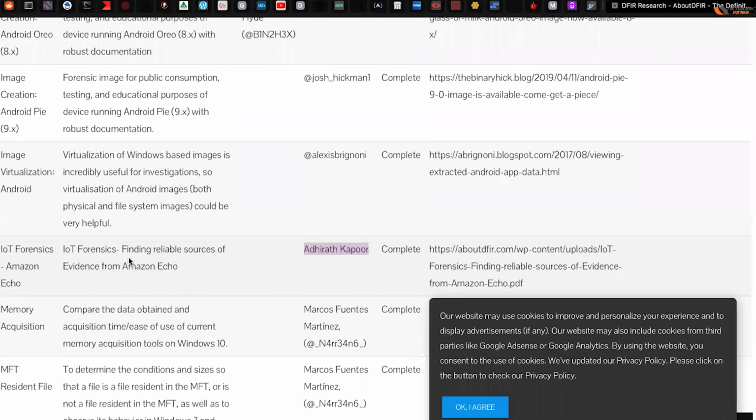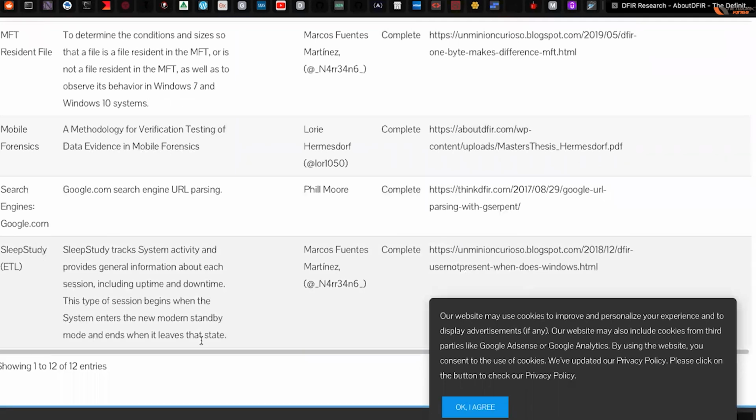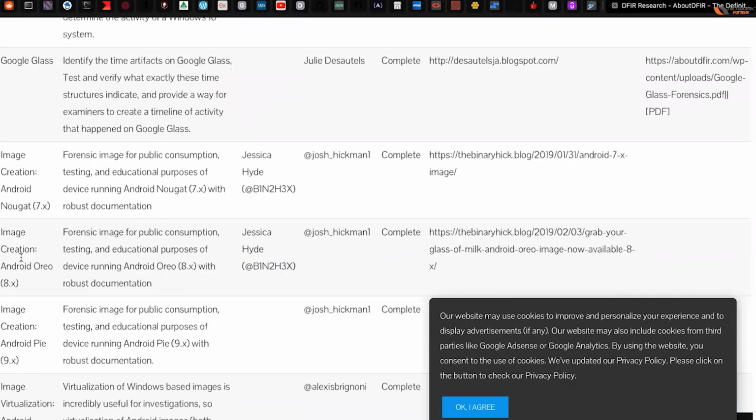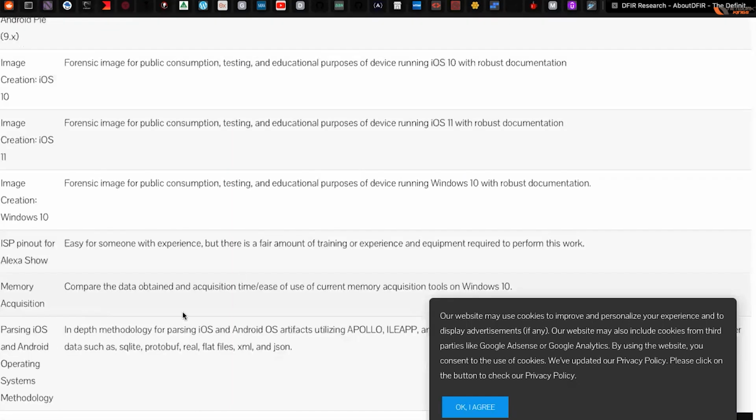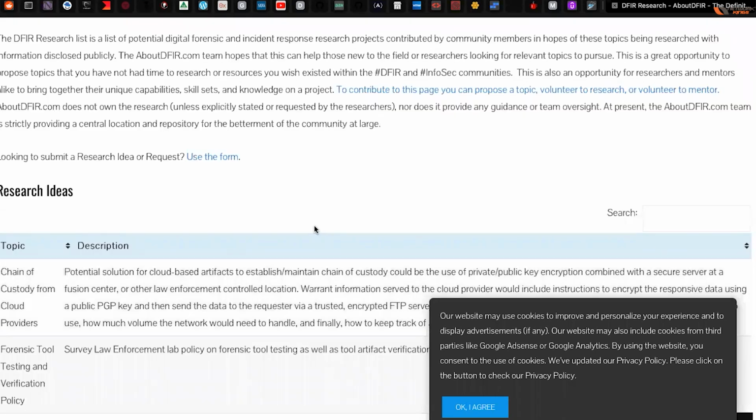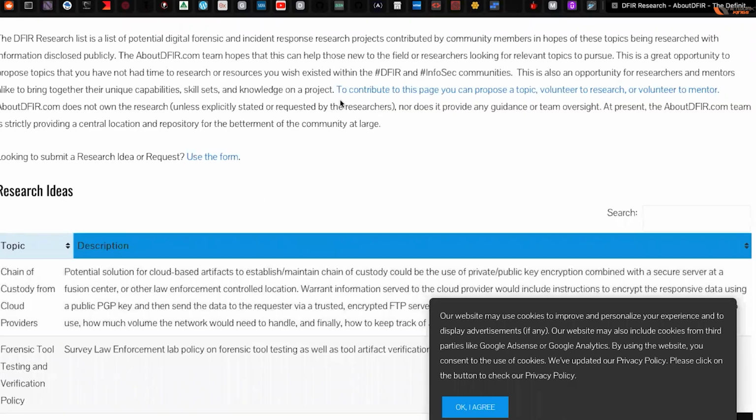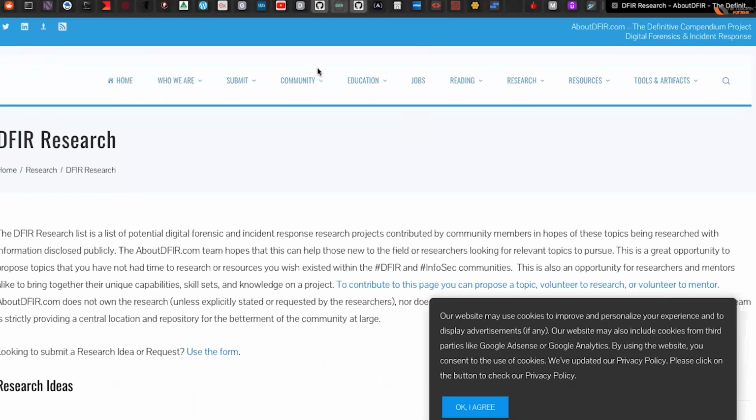Not just my article. Like I said, I'm not here to market my skills or anything like that. I just want to tell you that most of the stuff on the internet related to cyber forensics, mobile forensics, search engine forensics, anything related to cyber forensics is here. Okay, Shubham and everyone else. So this is about dfir.com.